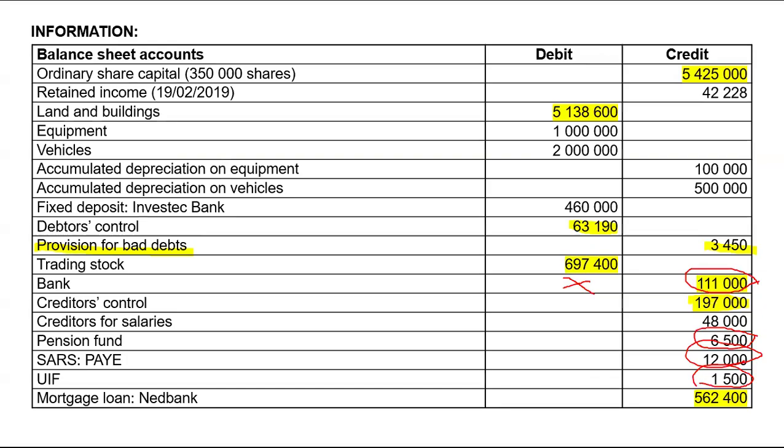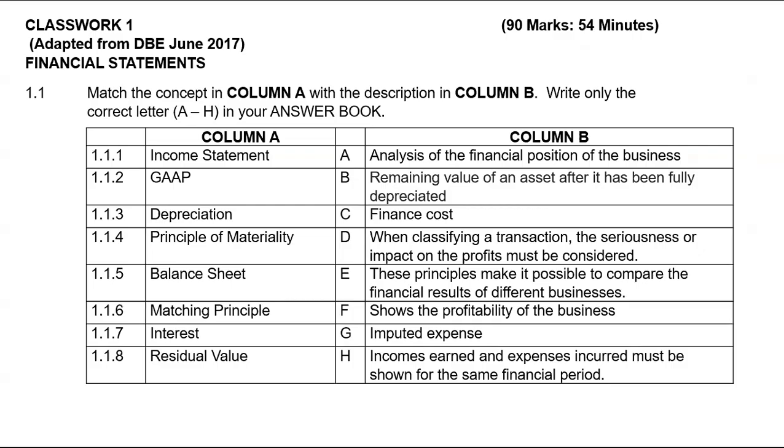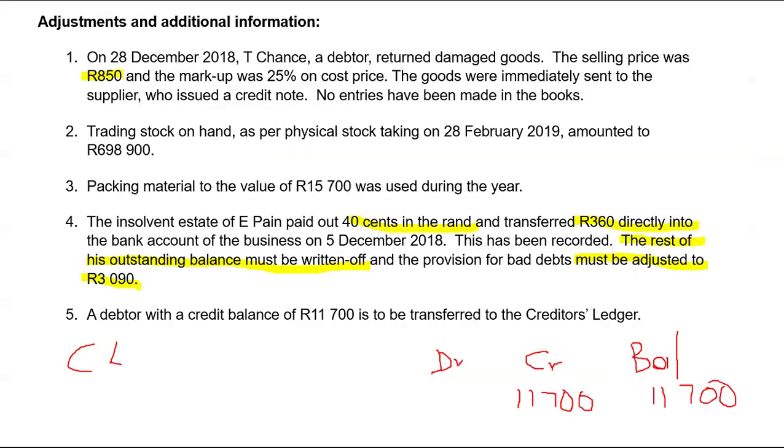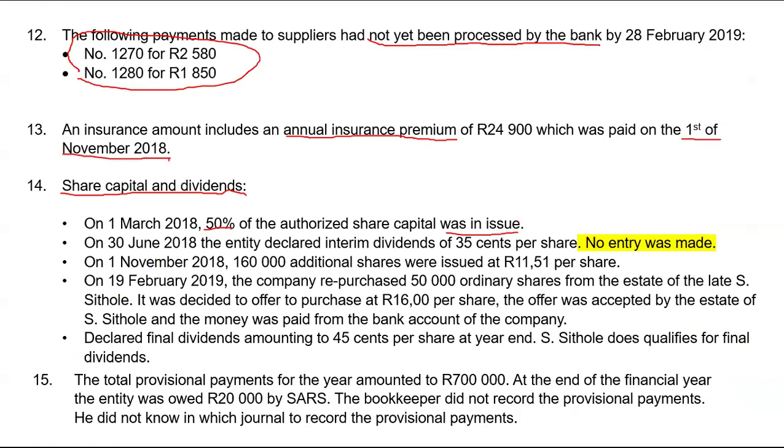Authorized share capital was how much? We are not told here. Actually, we are not told. Let me move on. Then they say on the 30th of June 2018, the entity declared interim dividends of 35